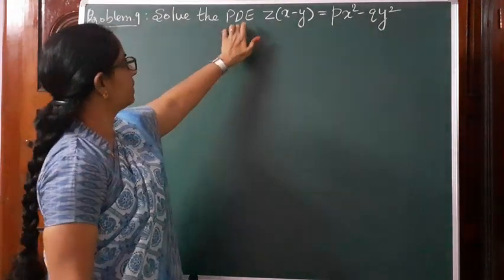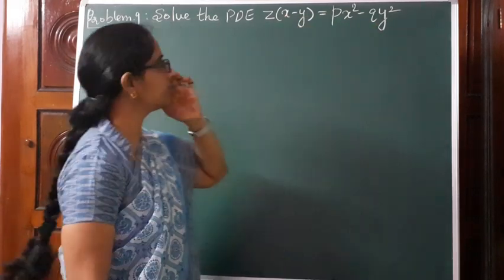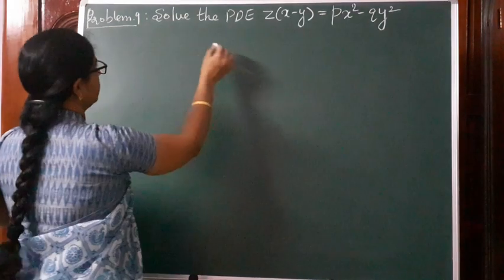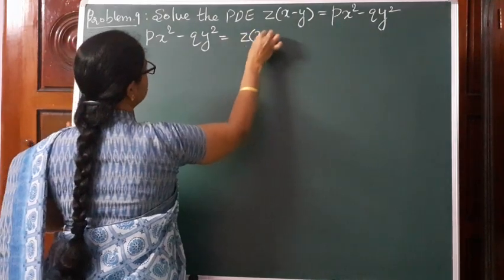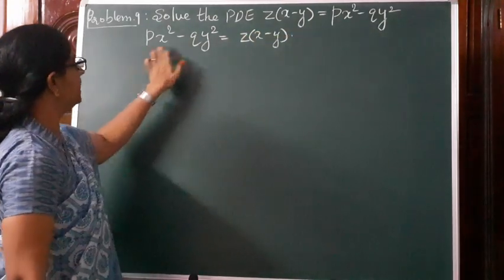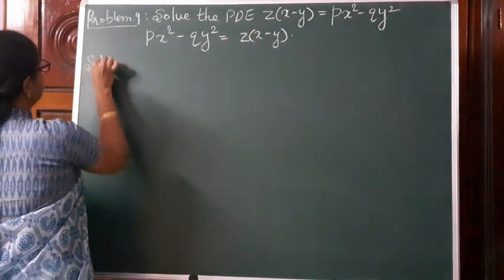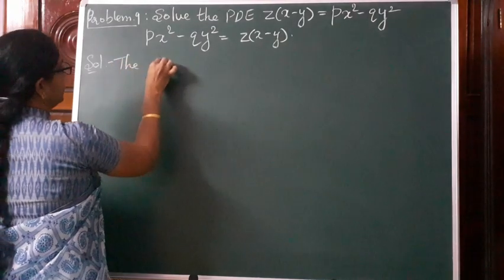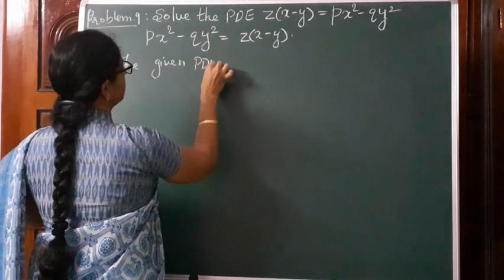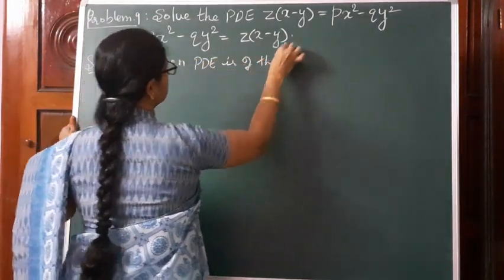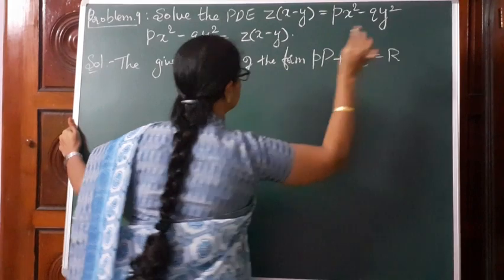Find the solution of the partial differential equation z into x minus y is equal to p x square minus q y square. That can be written as p x square minus q y square is equal to z into x minus y, which is a linear partial differential equation of first order. So if we compare this with Lagrange's equation, capital P into p plus capital Q into q is equal to R, it is of the form P p plus Q q is equal to R, where